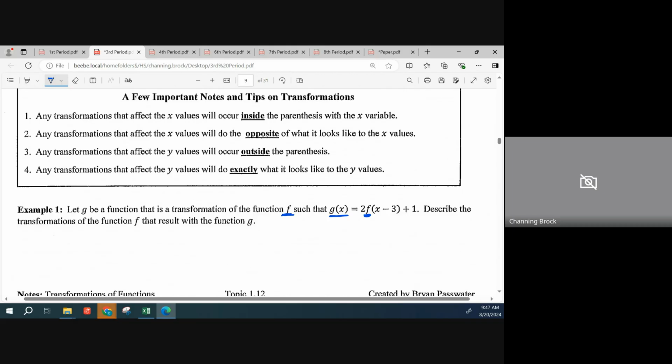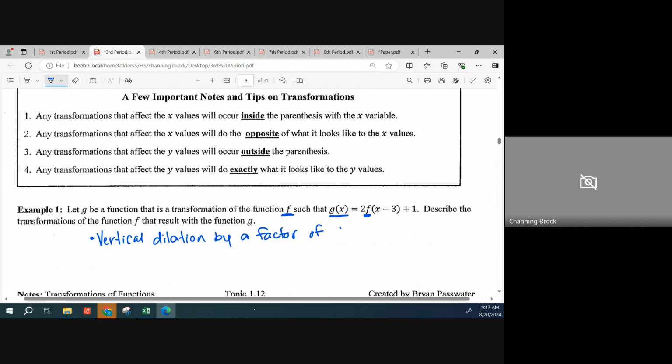So naming functions in AP Pre-Calculus is very important, and making sure you identify, well, where's my start and where's my finish? So it says describe the transformations of the function that will result. And so we've been doing this. This one's not any different than normal. So what's the first transformation we have? Okay, so we've got a vertical dilation by a factor